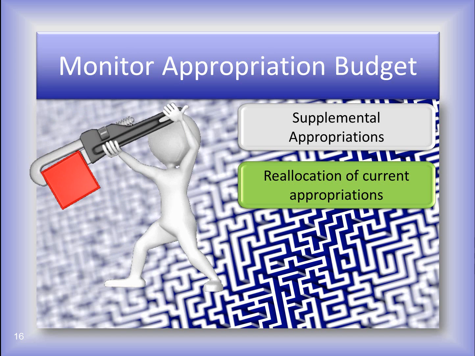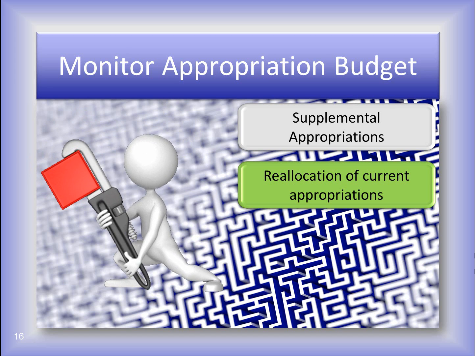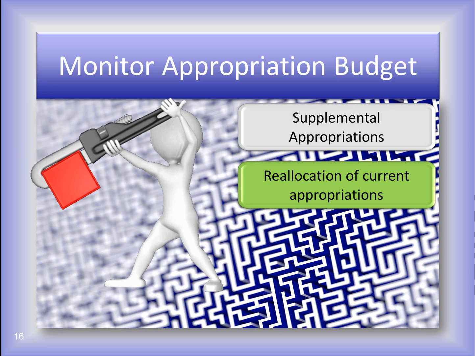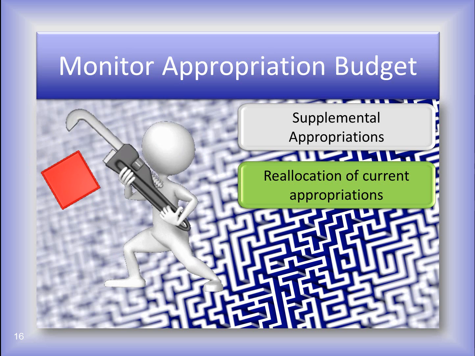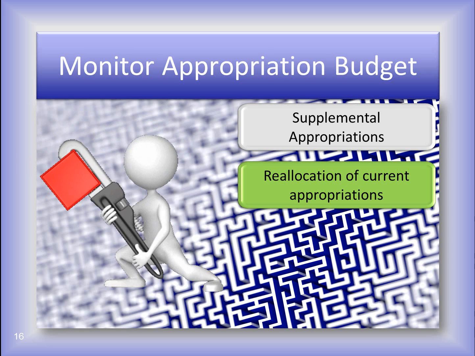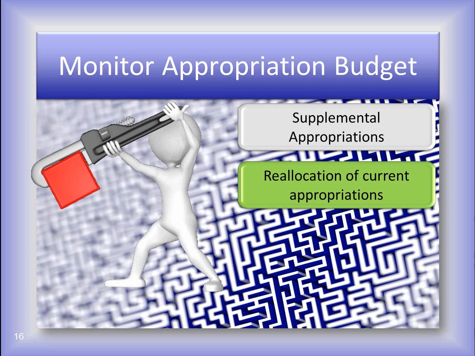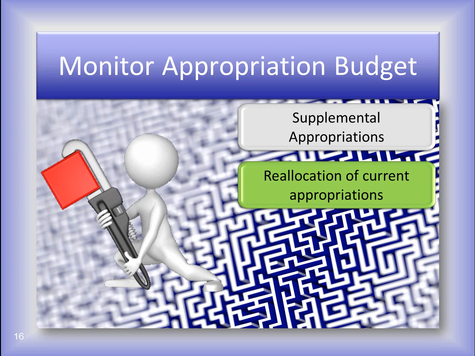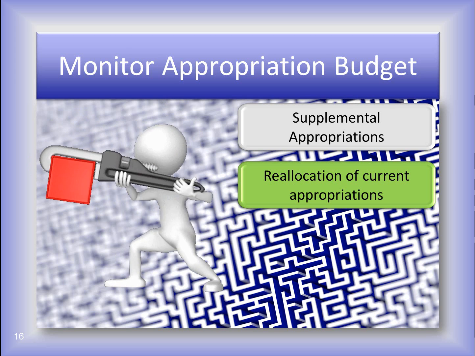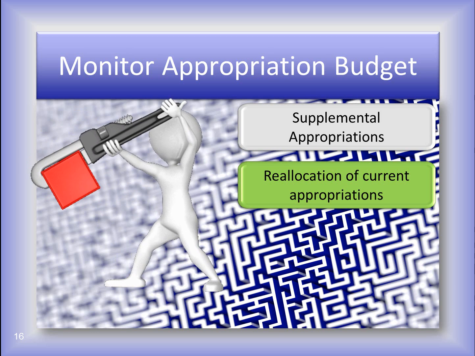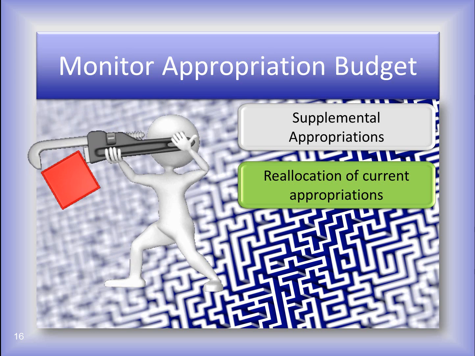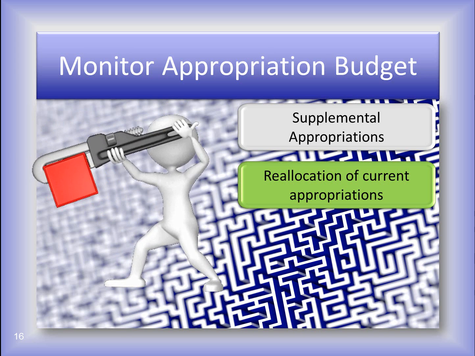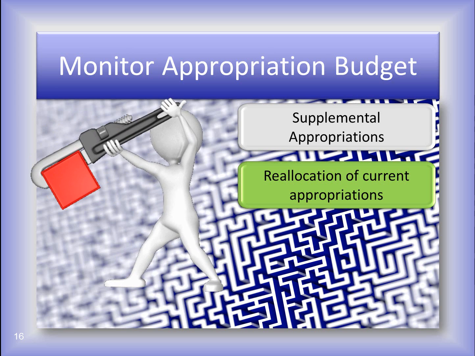If accounts within your legal level of control don't have an unencumbered balance to use, review the unencumbered balance of the appropriation accounts that are outside your legal level of control. If the unencumbered appropriations are available to reallocate, at the next meeting the board can adopt legislation authorizing the reallocation of appropriations. And after that's adopted, post the reallocation. But if no appropriation accounts in the fund have sufficient unencumbered balance to contribute to a reallocation,